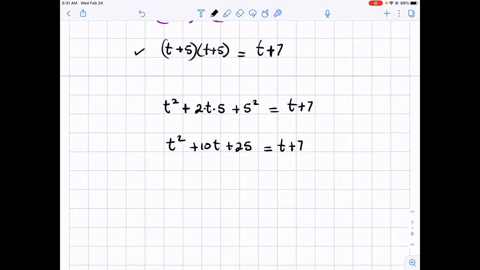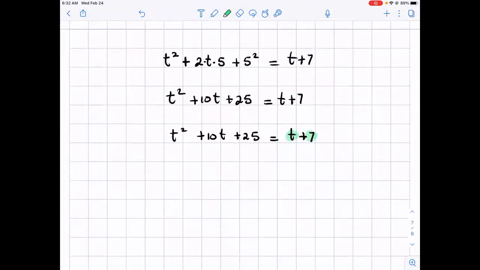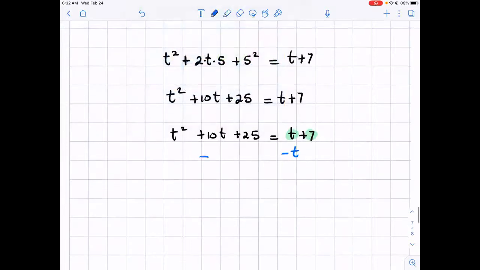right? Now, notice that this is quadratic. And to solve any quadratic, you have to let it equal to 0. So what we have to do is bring that t and the 7, okay? We have to move these two things because we want it equal to 0. So it's your choice, whichever one you want to move first. So in my example, I'm going to move the t first. You could have moved the 7 first. It doesn't matter. When I do this, I have t squared